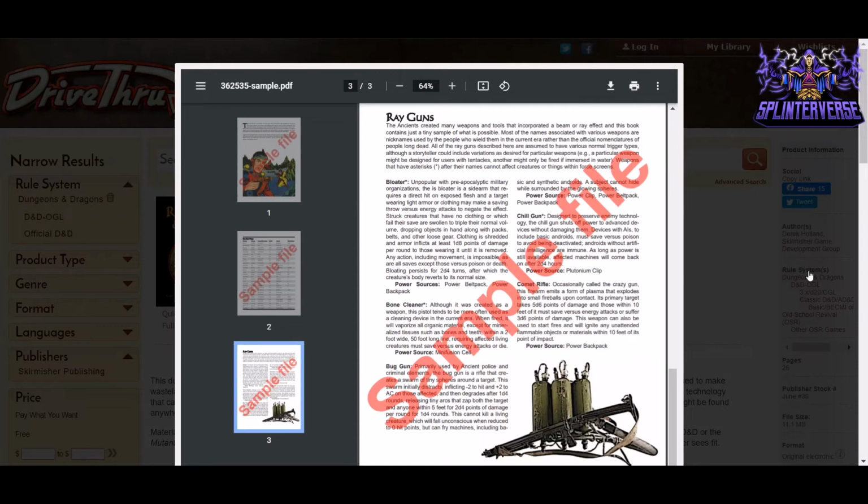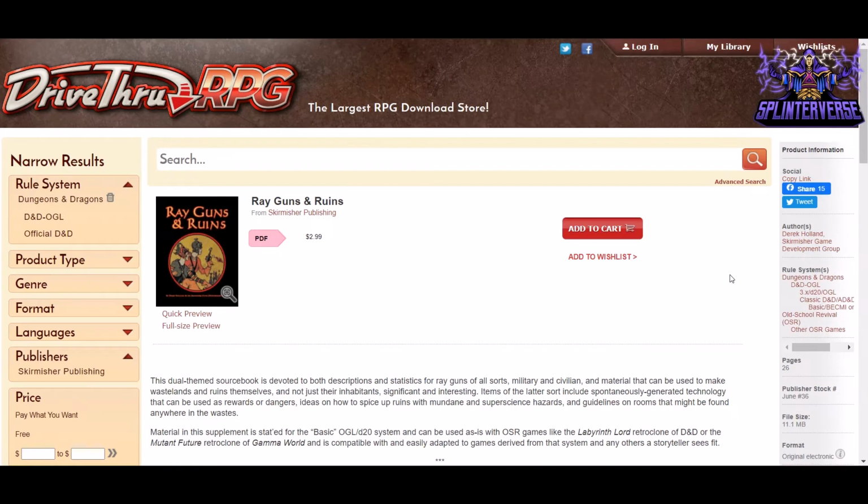and just introduce each session like it's the latest serial adventure. And if you're going to do that, you need a cliffhanger at the end so that people come back next week and see what happens next in your little serialized adventure. But I really like what Skirmisher is doing here, bringing some ray gun love to the